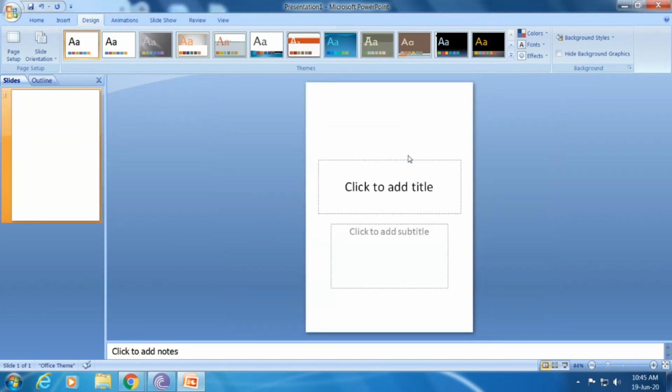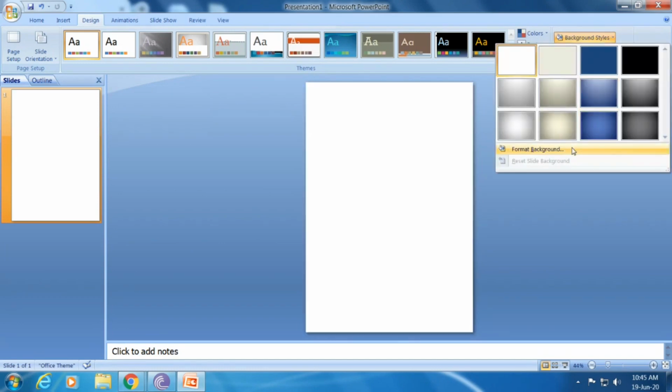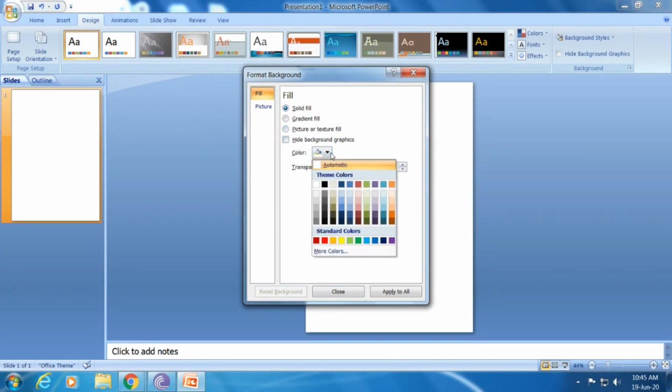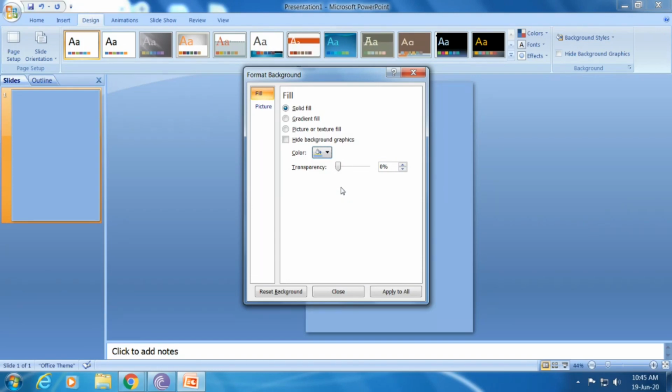Once the page setup is done, remove the text boxes included in the default slide so that you can have a clean canvas to work on. The next thing that I'm going to do is to change the background. Now you can make your background super fancy by using pictures and patterns, but personally I like to keep it very simple. I'm just going to use a solid color background. For that, I need to click on Background Styles, Format Background, and here I'm going to use solid fill color as blue because the theme of my worksheet is going to be Animals of the Sea.